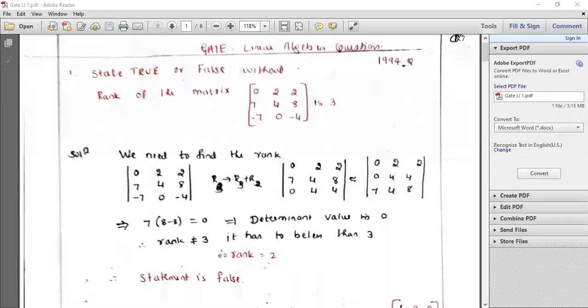Good morning, guys. I've come with one more important session, that is the GATE examination questions on linear algebra. Let us take them one by one and try to solve them. So this particular question which you are observing here,